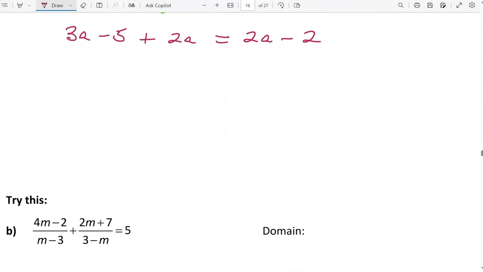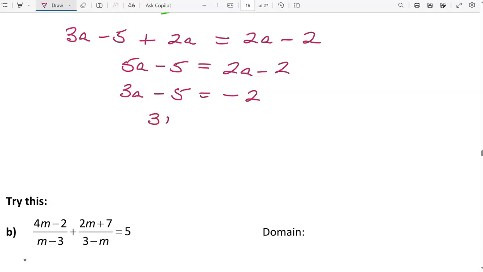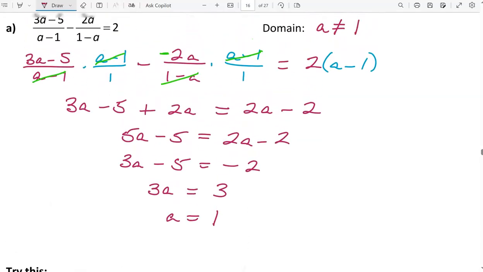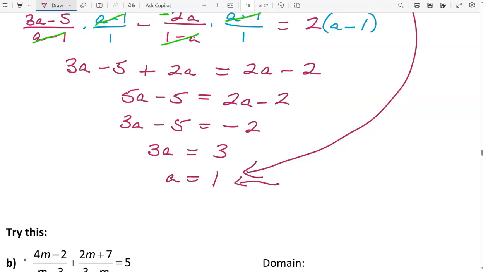2a minus 2. All right, from this point, combining like terms, 5a minus 5 is equal to 2a minus 2, and we can move all of our a terms to one side by subtracting 2a, and then add 5 to both sides, and that gives us 3 times a is equal to 3, which gives us a is equal to 1. However, a cannot equal 1, so that means that this is an extraneous solution,